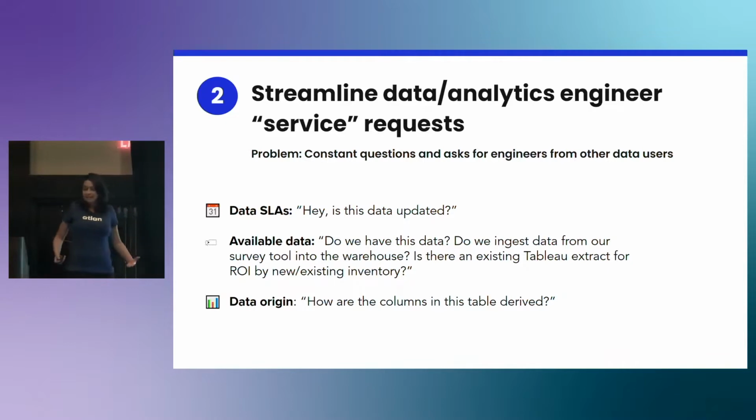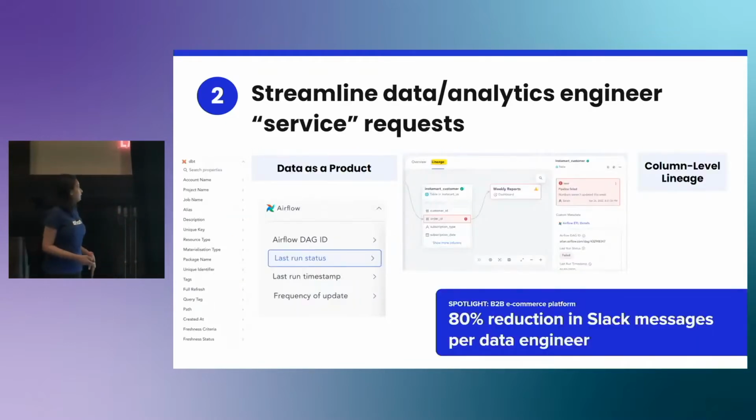So extending that same data as a product concept, we've had customers who've actually brought in context that a data engineer needs as a part of these data as a product requests, right? These are typically Airflow SLAs that are auto-updated. This is stuff like freshness that comes from dbt tags, automated column-level lineage that brings this together